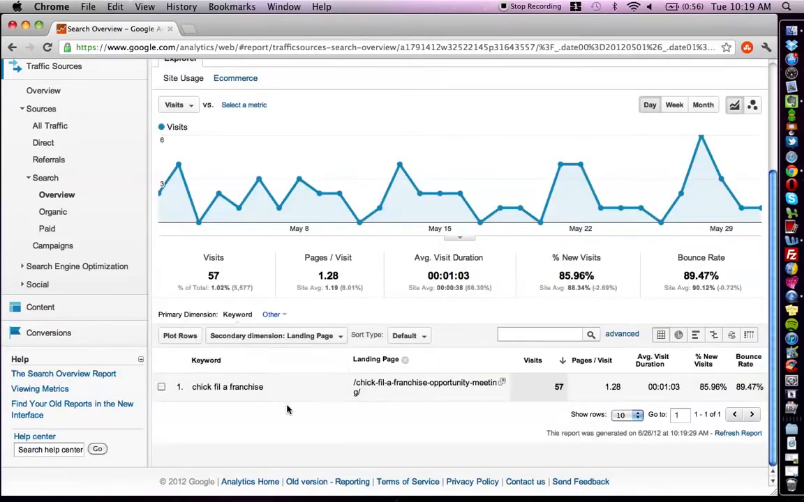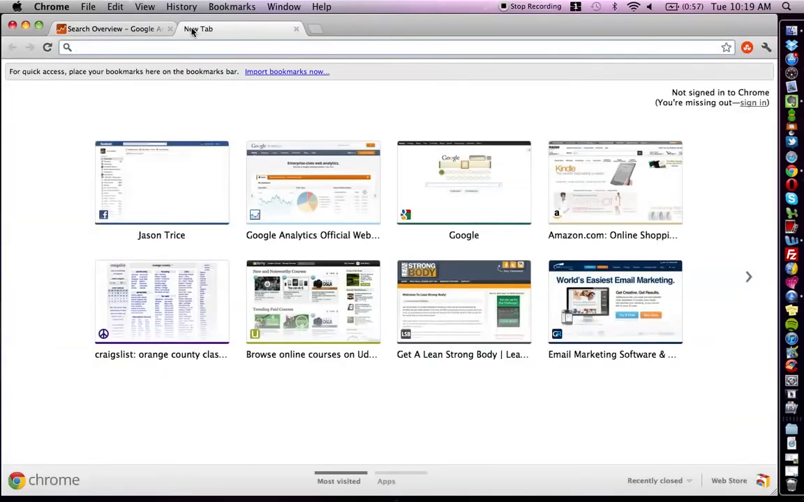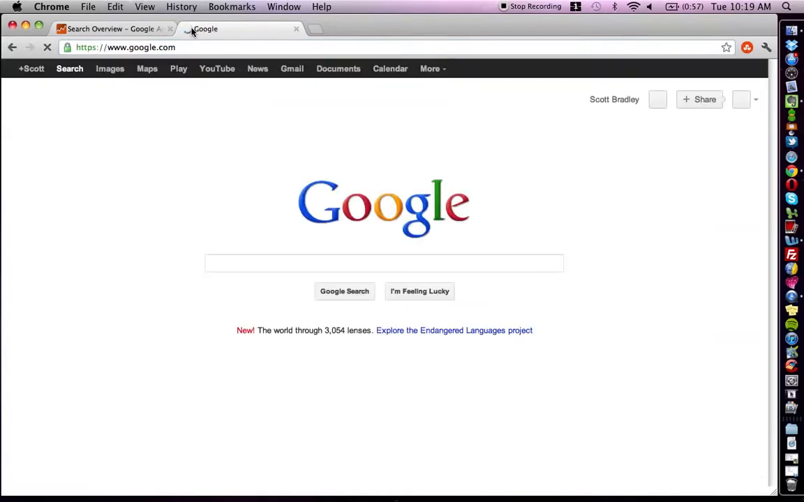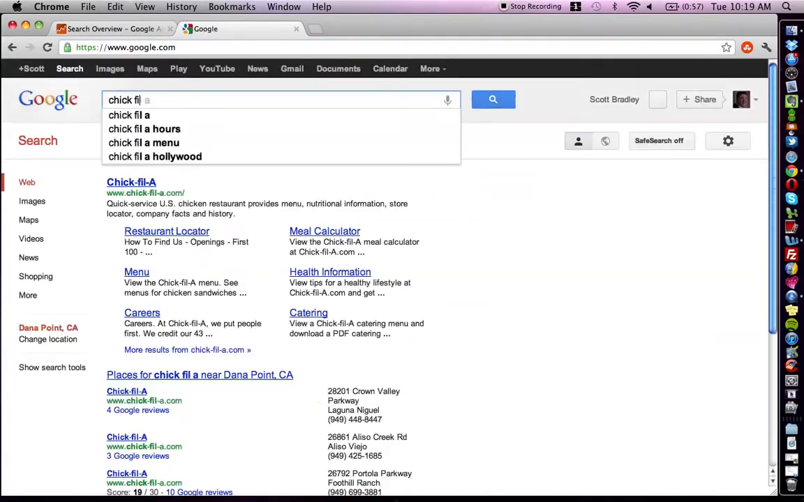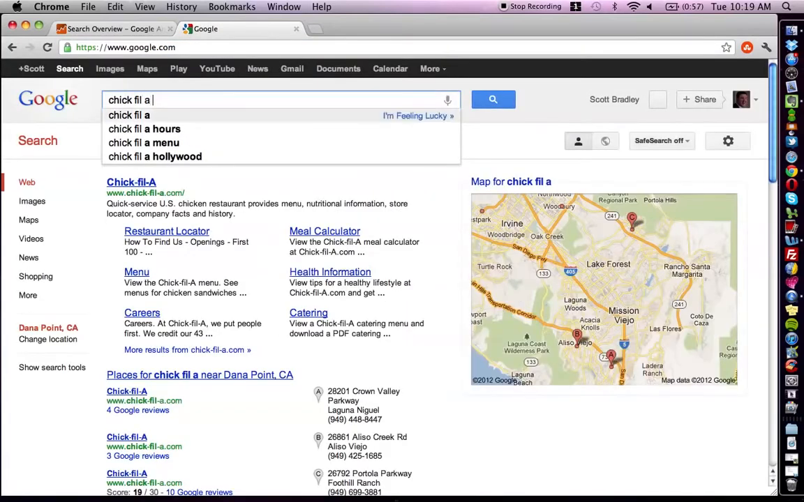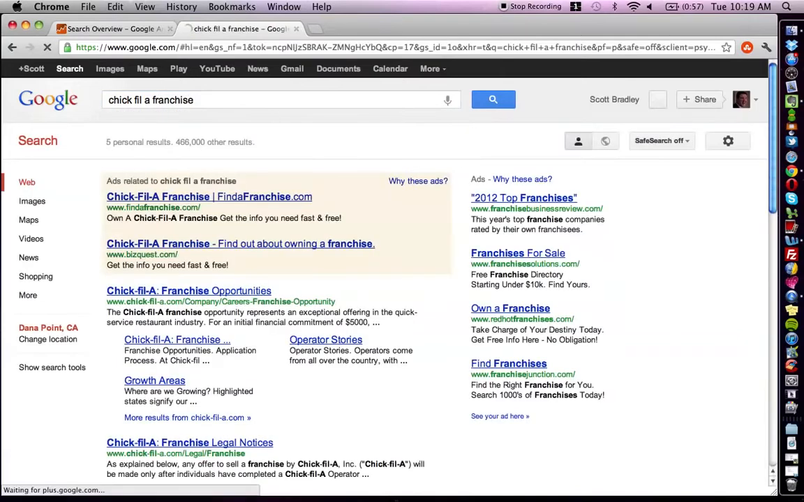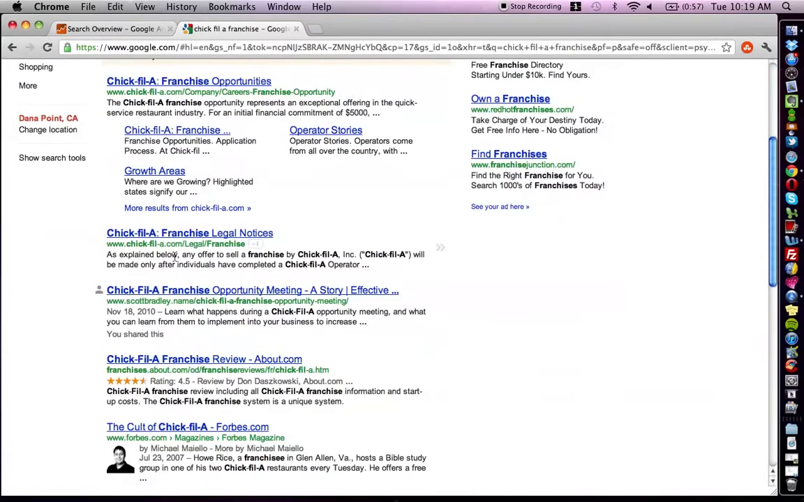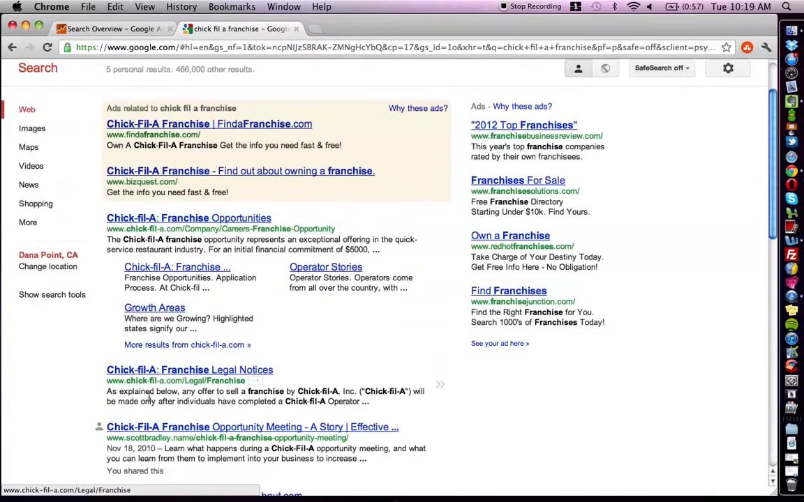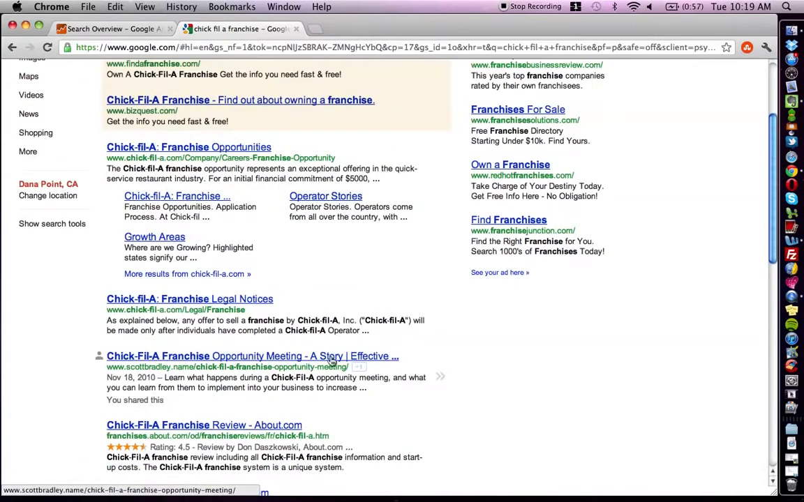So, as you can see here, this keyword is primarily driving the majority of the traffic to Chick-fil-A franchise opportunity meeting. So let me just show you how that shows. Let's see, Google Chick-fil-A franchise. So there's my article right there. Third listing from the top, Chick-fil-A opportunity meeting. So when you click that, let's just click it right now,